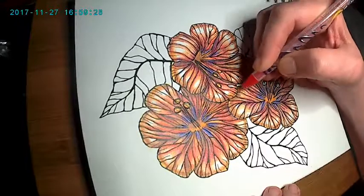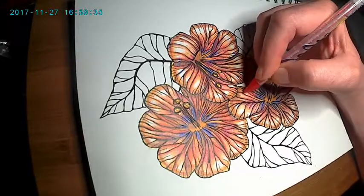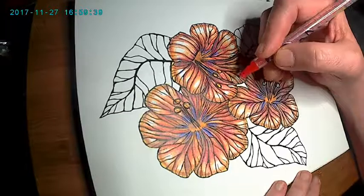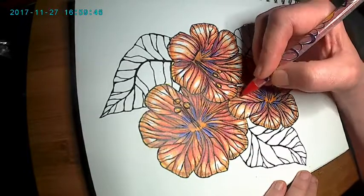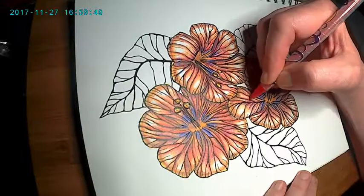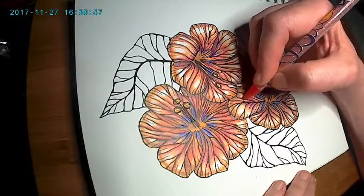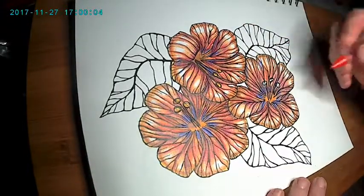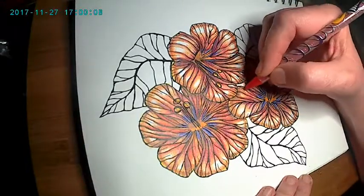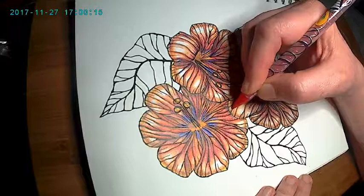Okay, we're adding the finishing touches of red onto the flower, putting some accents, and making it match the other one. Like I said, there's many layers, and so in the beginning it's a very light touch. It maps out where you've been and where you're going, but it's also how you figure out